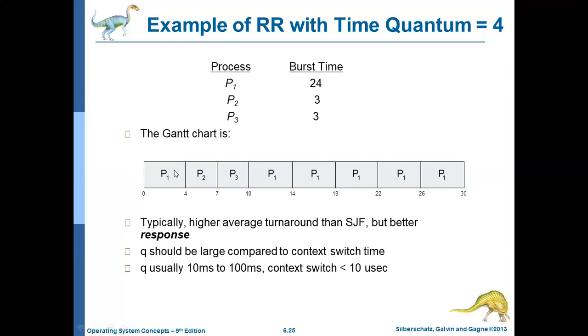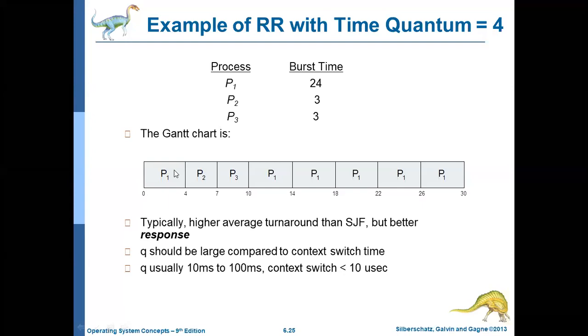Starting at 0, because all arrive at the same time, you should consider P1 first, executed for 4 seconds. The CPU will execute the first entered process into the ready queue as P1, and the time slice, or time quantum, both are the same, is 4 milliseconds. Whenever the 4th second is completed, it switches to the next process P2. P2 time is 3, 4 plus 3, 7. Then P3 will be entered to the ready queue. 7 plus 3, 10. P3 execution completed.